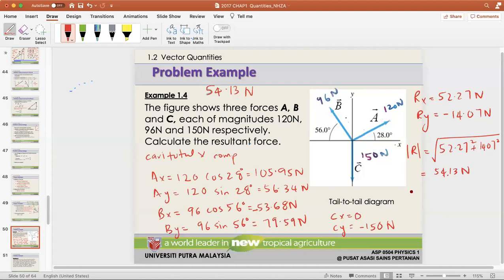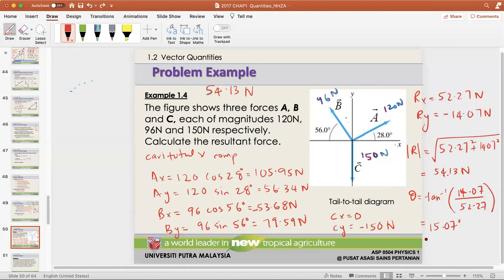The direction? Untuk the direction, saya guna tan negatif 1 dalam kurungan yang 14.07 bahagi dengan 52.27 and the answer is 15.07. So you don't have to use the negative here? Yes, kena guna, tapi saya guna negatif tu untuk tentukan dia kat kuadran berapa. So kalau dia kat kuadran 4, so dia adalah